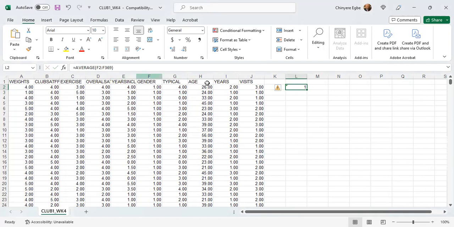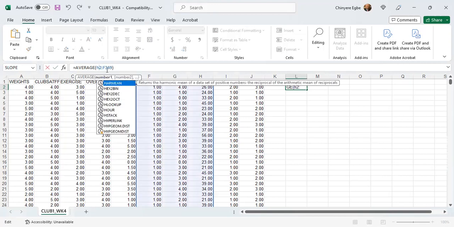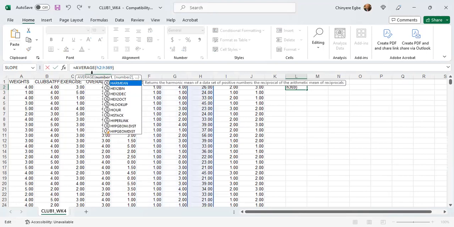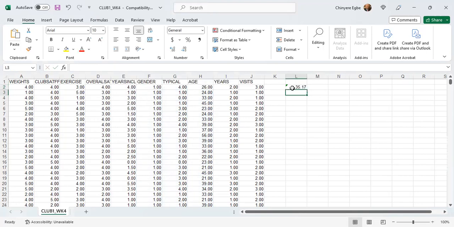Maybe I opened the wrong one. Let me see. Oh, excuse me. It's not F that we're using. The average age is H2 to H369. So we'll calculate H2 to H369. Okay, so the average age of the males,